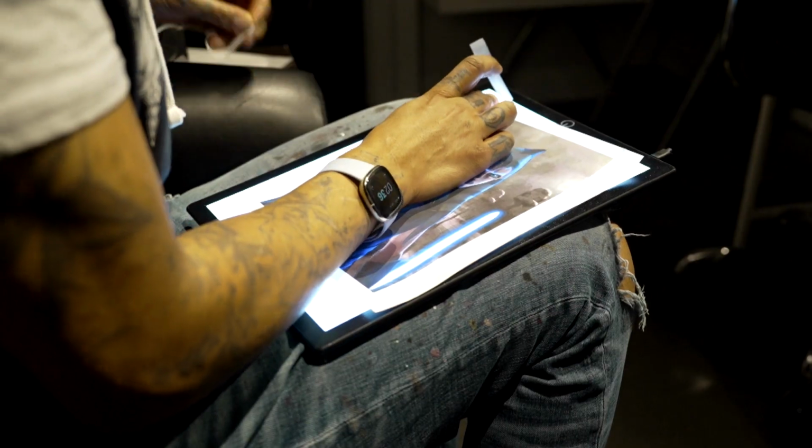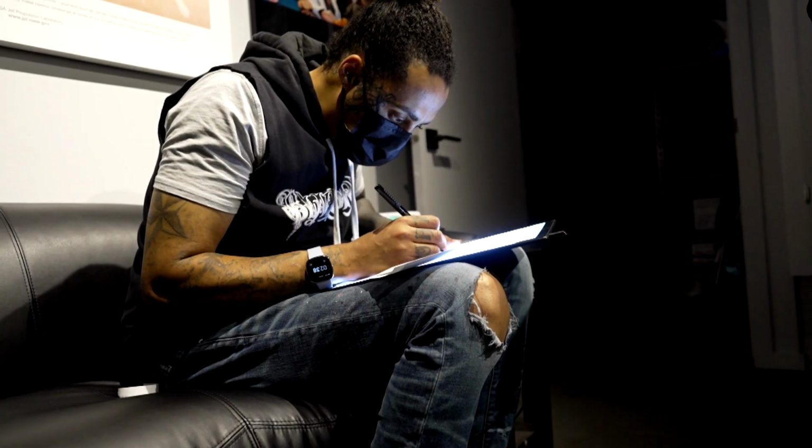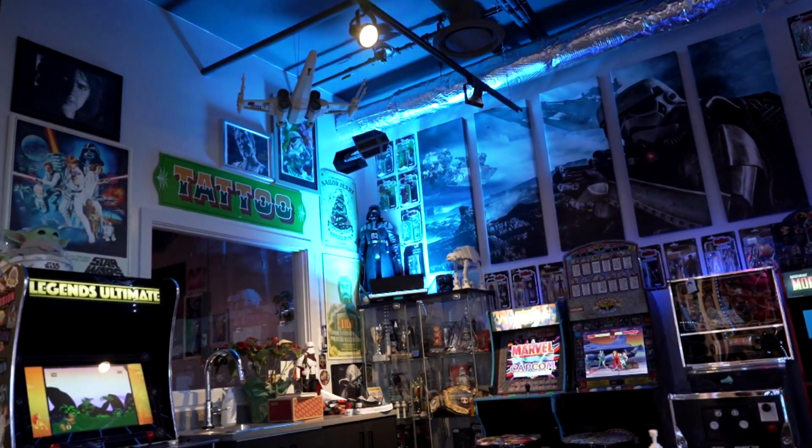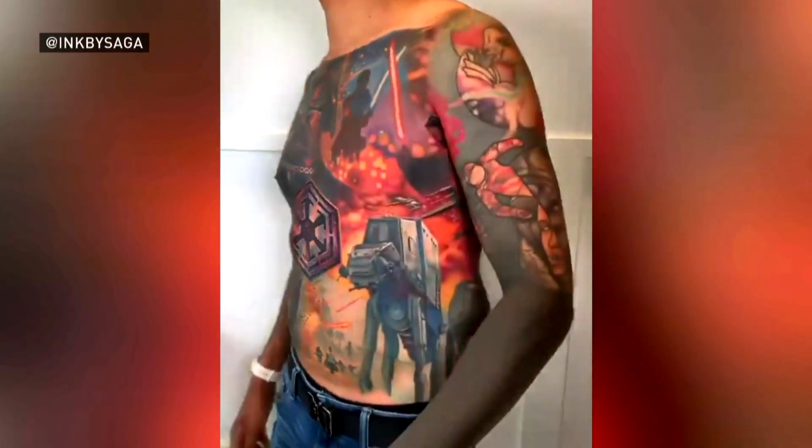Since I was a little kid, my dad introduced me to Star Wars. I had Star Wars sheets, blankets, toys. In the shop here, there's over 800 Star Wars pieces. I have Star Wars art. I myself am covered with Star Wars, and I've been lucky enough in the last few years to start working